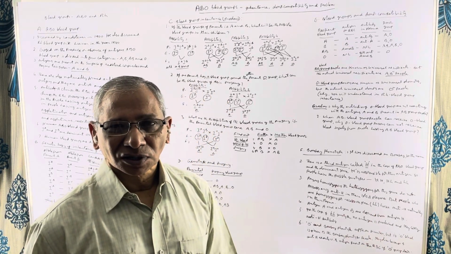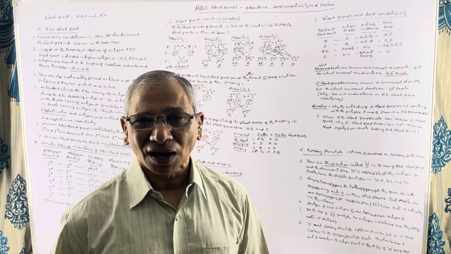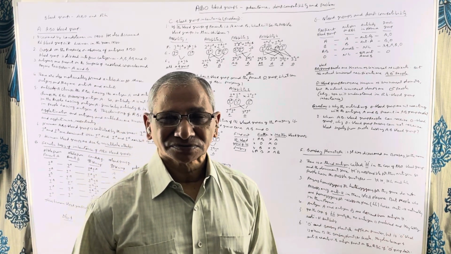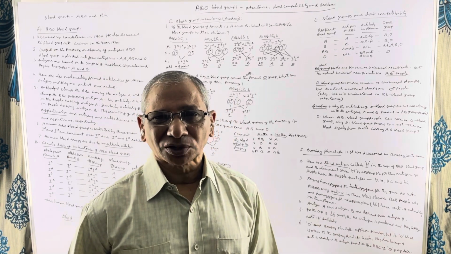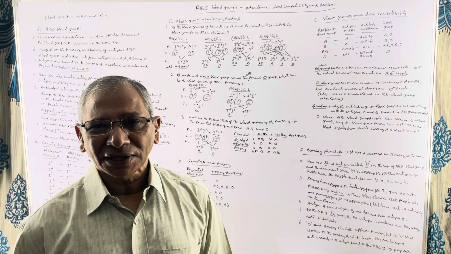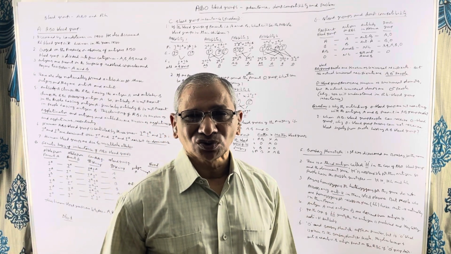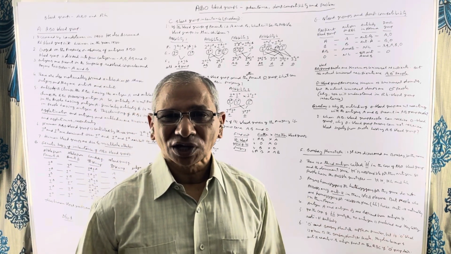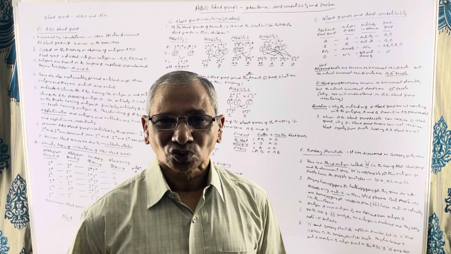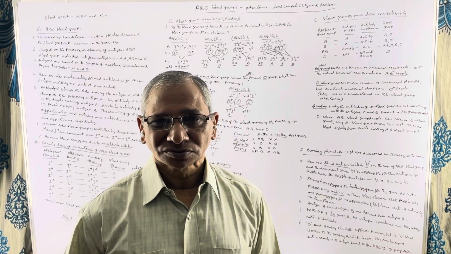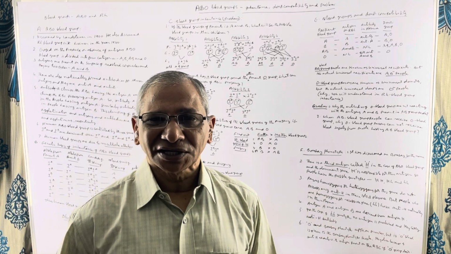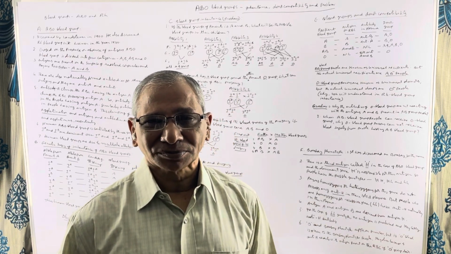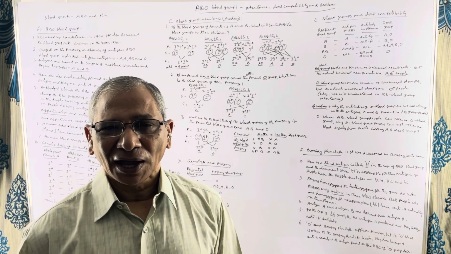In the case of A group people, what happens? The dominant gene A converts antigen H into antigen A. In the case of B blood group people, dominant gene B converts antigen H into antigen B. In the case of O group people, what happens is they don't have any dominant gene. So, though they have the antigen H, they cannot convert antigen H into either antigen A or antigen B. So, here lies the real problem. So, O group people have antigen H